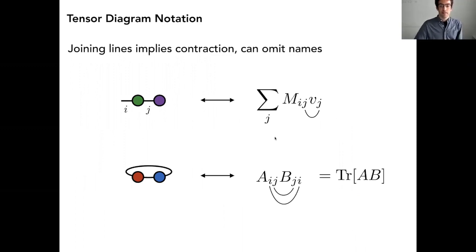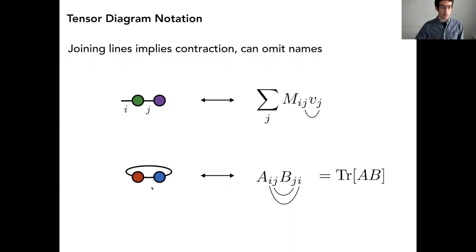So the idea is that here's a traditional expression where we have an index j summed over with another copy of this index j, and we have to put a big summation symbol. And sometimes you'll see people draw lines to help find pairs of indices that are summed over. So the idea here is that this line becomes the whole notation. So this line becomes this line. And you can put this letter if you want, but you don't have to. So then any index lines that match are summed over. And so this is really a drawing of a sum. It's a notation for a sum.